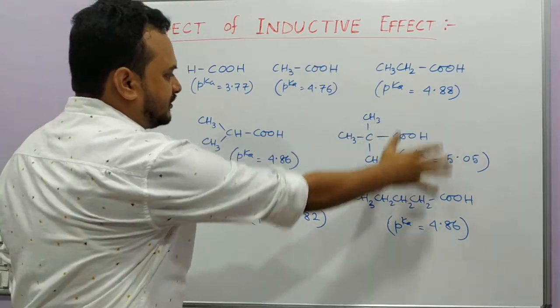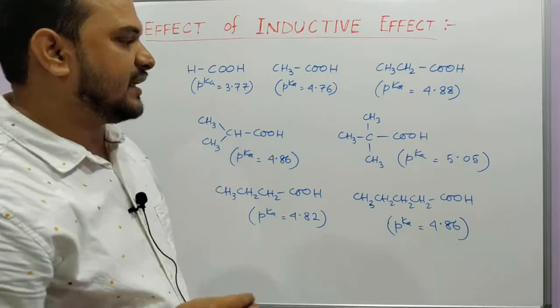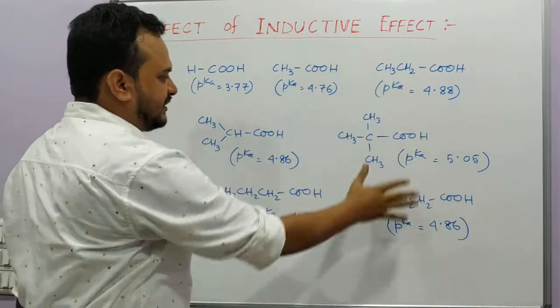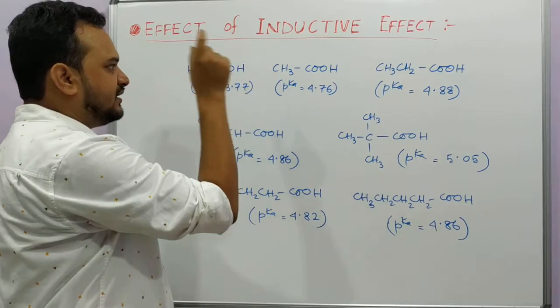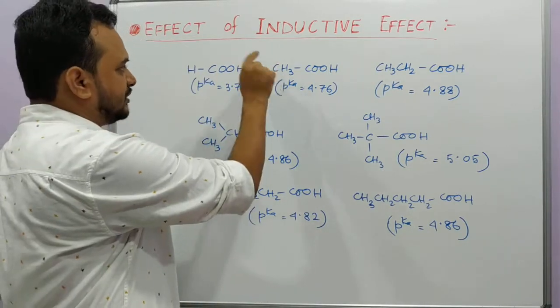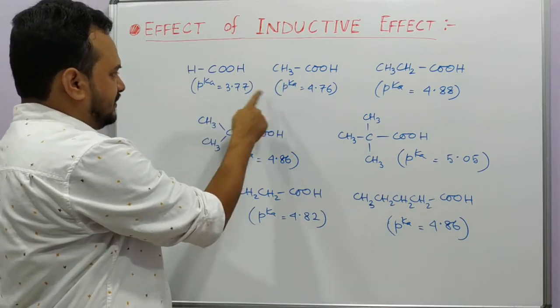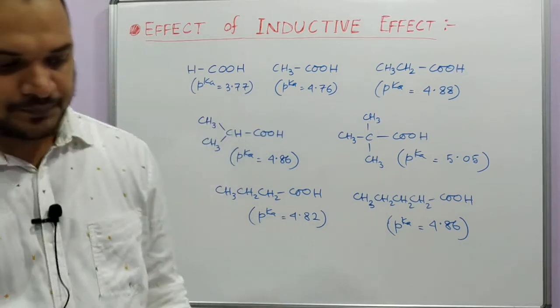So for these acids, if you want to explain, you have to consider both the inductive effect as well as the steric effect. So these irregularities are obtained, but from this to this, it is clearly the main operating factor is the inductive effect of this methyl group, that is plus I effect, and hence a significant decrease in the acidic strength, that is a significant increase in the pKa value. Okay.